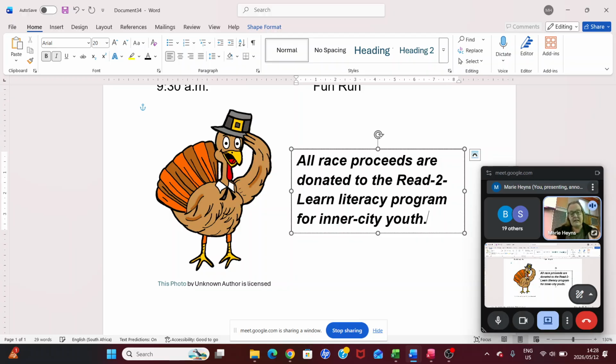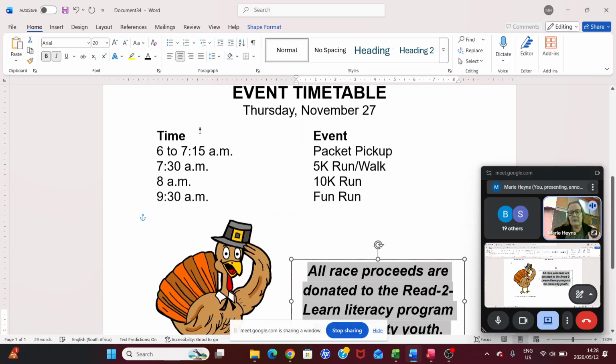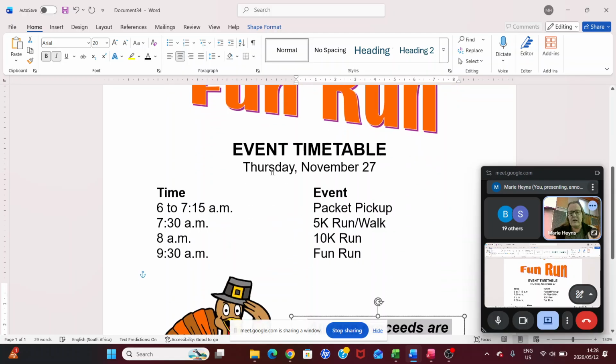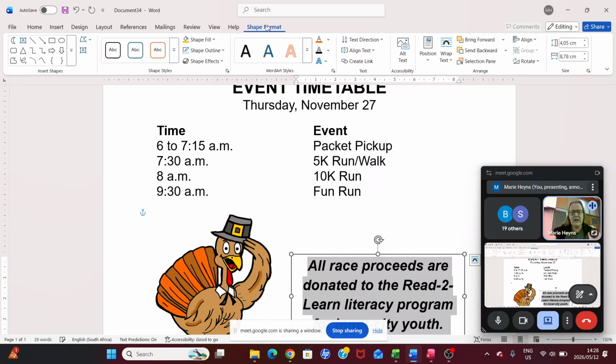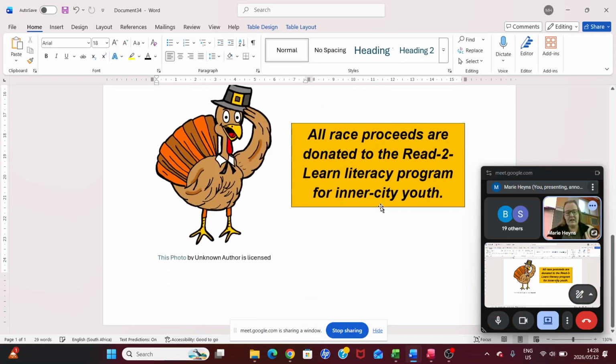So it must be centered as well, the text box. Okay, centered and filled with that orange color. I'm going to take the same orange I used for Fun Run. So in shape format, I will just fill my shape. Is it the same? Not really. But let's not be too technical today.